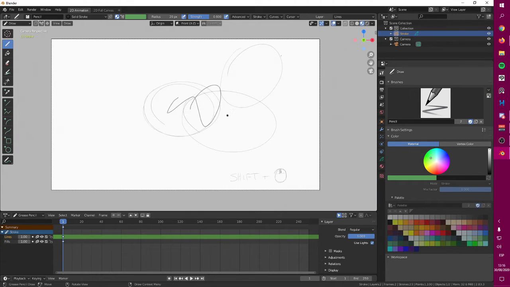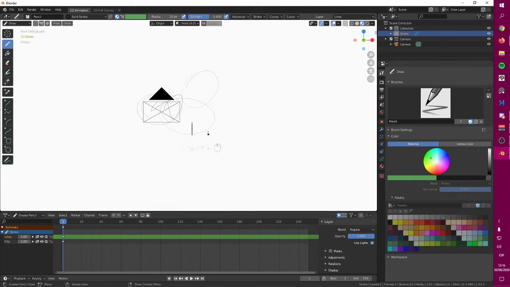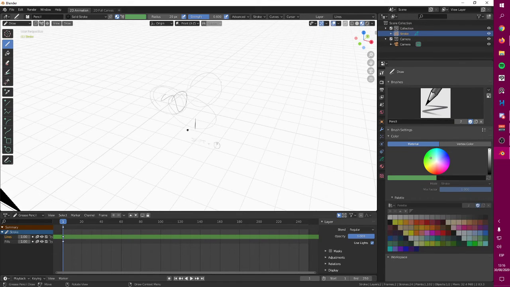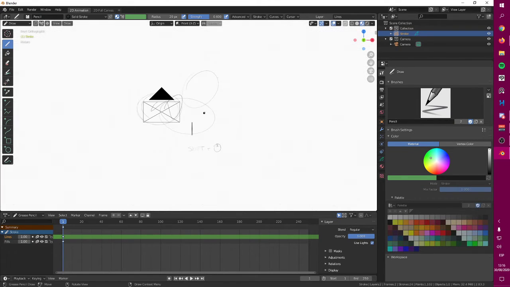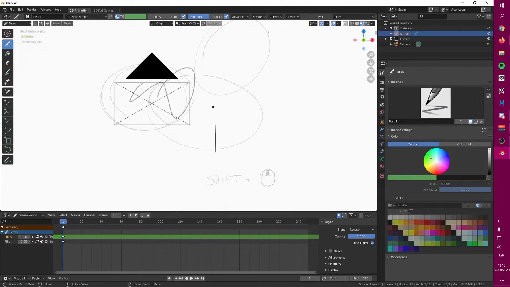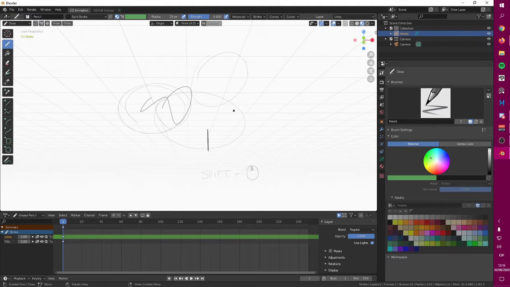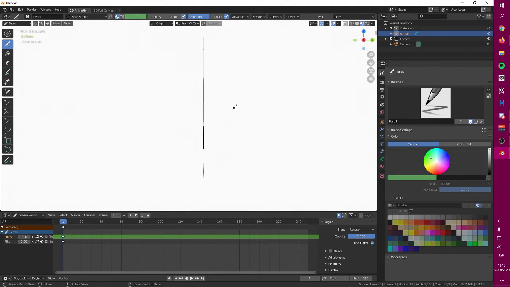And these numbers are like your camera controls. So for example, instead of using your middle mouse, you can just use those numbers. Like 1 is going to show you the front view, very similar to the camera. If I go to number 3, this is going to show you the right view, the side view.